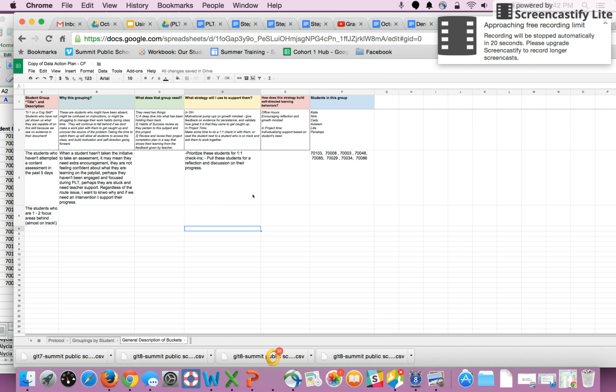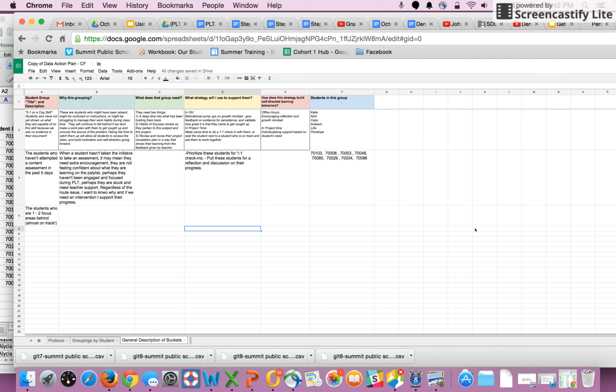So this is just one example of a way that I would dig into the grade level tab, download the data, and then create a grouping out of that. There are many, many other things. Perhaps I want to look at the Excel file by course and dig in and